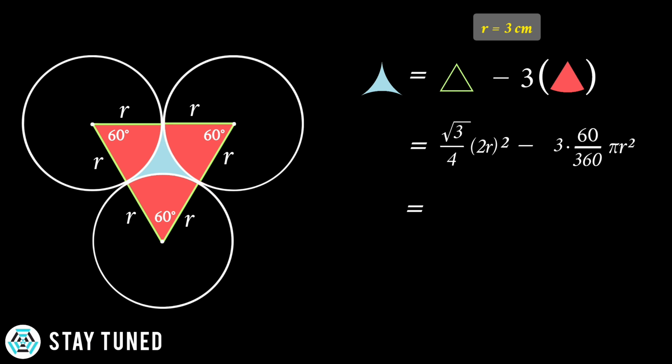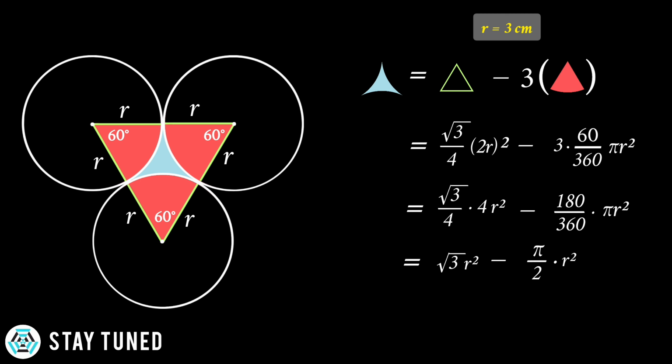This simplifies to give root 3/4 times 4r squared minus 180 by 360 times pi r squared. On further simplification, we get root 3 times r squared minus pi upon 2 times r squared. Then we will take r squared as common from both the terms. Finally, we will substitute r, which is the radius of the circle equal to 3 centimeters, and take half as common from the terms inside the bracket to get the final and simplified result as 9/2 times 2 root 3